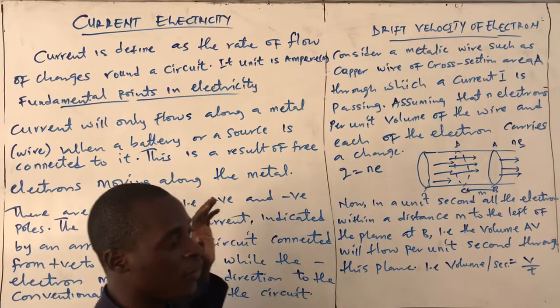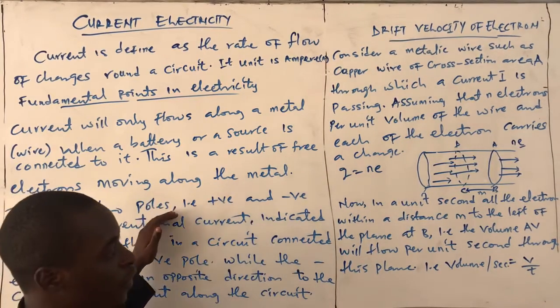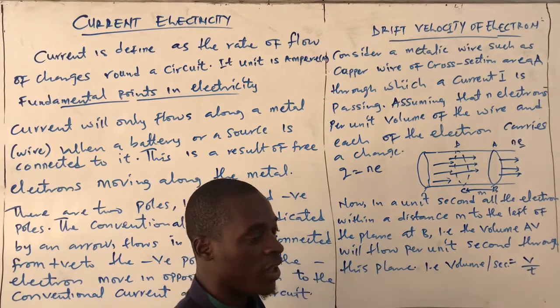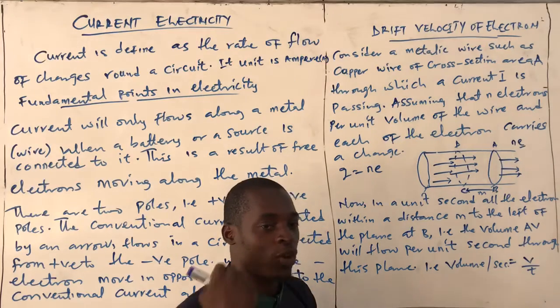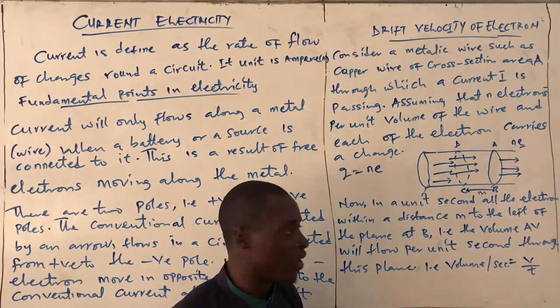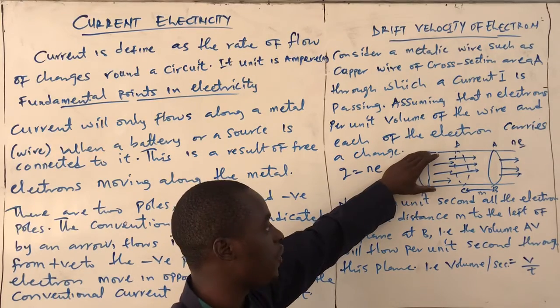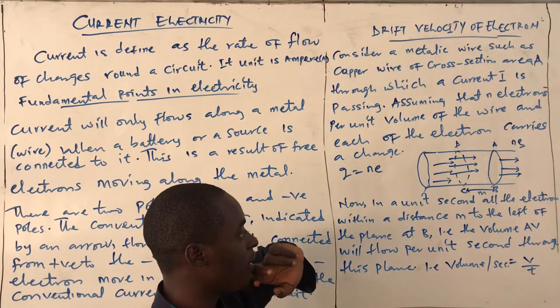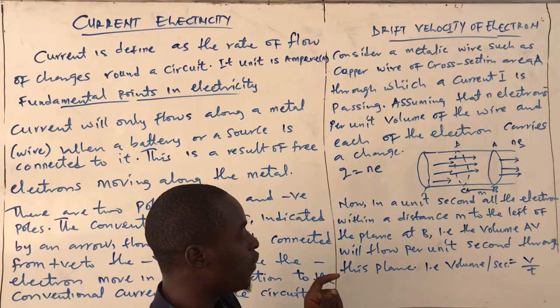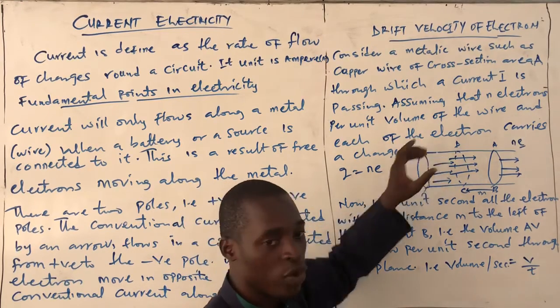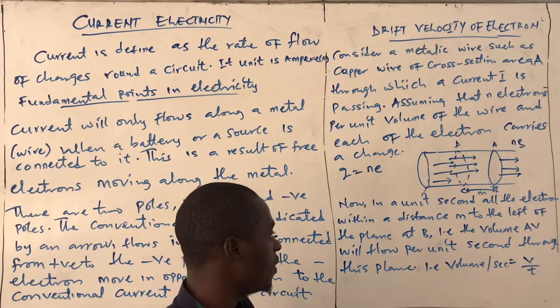You know, we said that if we connect a terminal and it is moving from a positive terminal to a negative terminal, we said that what? The electron inside this thing will move in opposite direction with the conventional current. So likewise, the drift velocity. If there is an electric field in this material, then this drift velocity will move in the opposite direction to the direction of the electric field inside it.